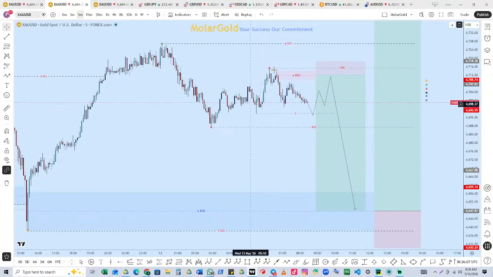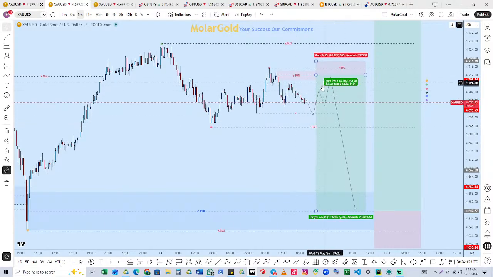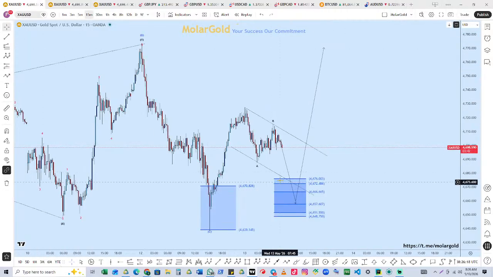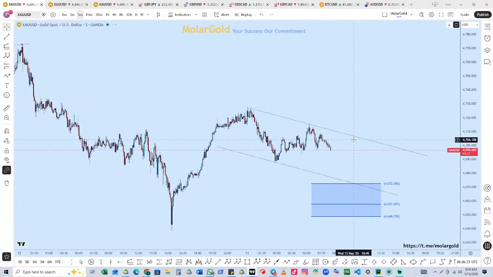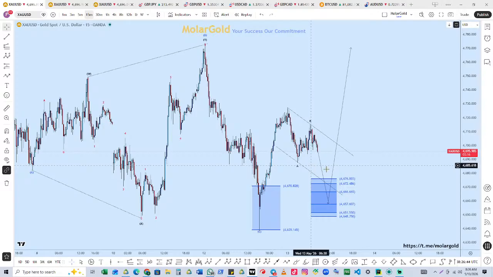Let's continue. All right. So now we get the concept of what is really happening in here. Let's go back to the EW. So you see, I stated that price should drop all the way to these levels. In the EW, I'm seeing that price needs to drop probably to these trend lines, because trend line traders will be positioning on the trend line.